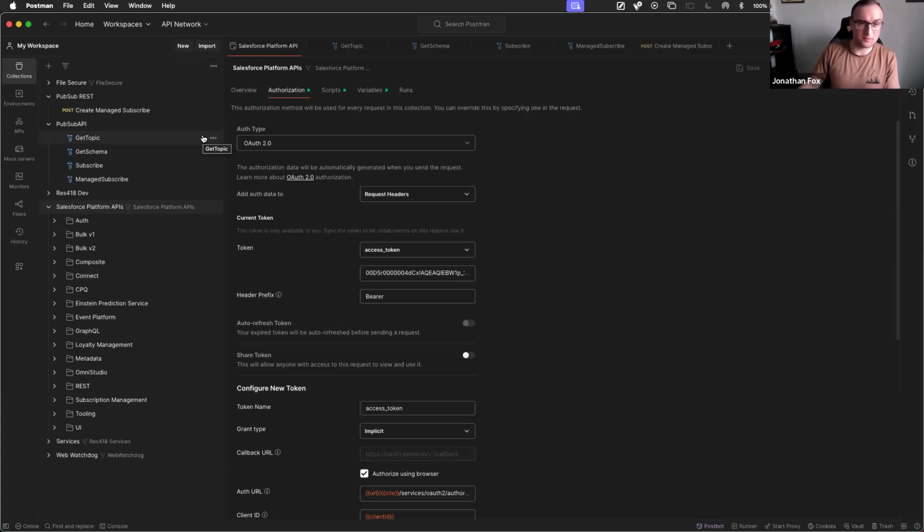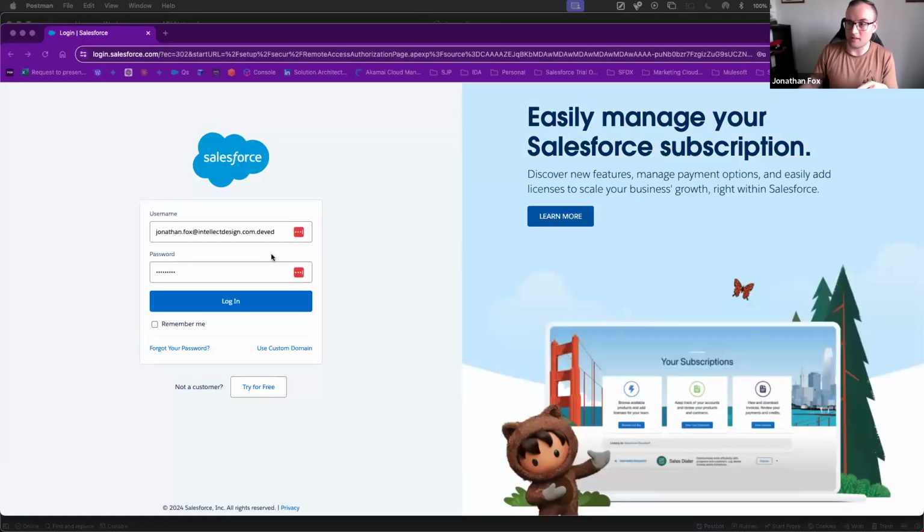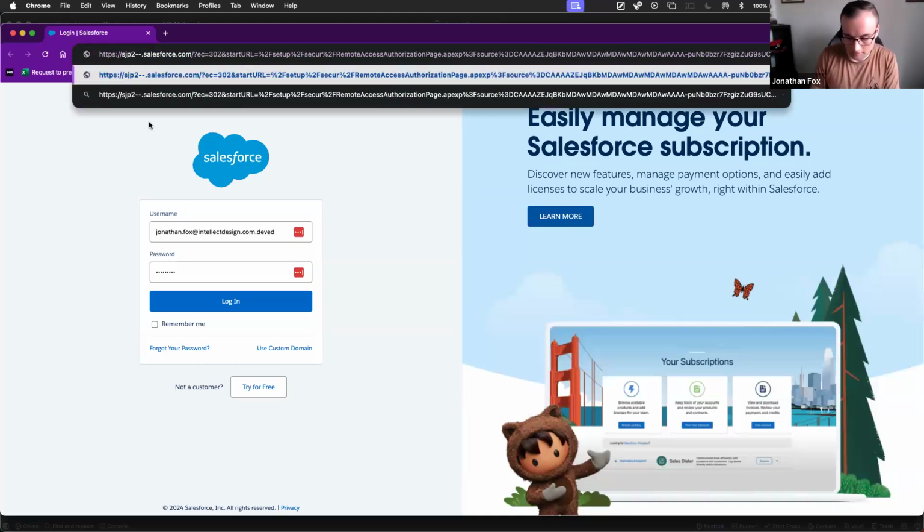Get started with Postman. For those of you who haven't used it, fork the collection, click on the collection and go to authorization, because this is going to make your life so much easier. Scroll all the way down, click get access token, and that'll get you to log into Salesforce. And once you've logged into Salesforce, you'll be able to, and in fact, I might as well show it now anyway. But I'm going to just type in my domain.